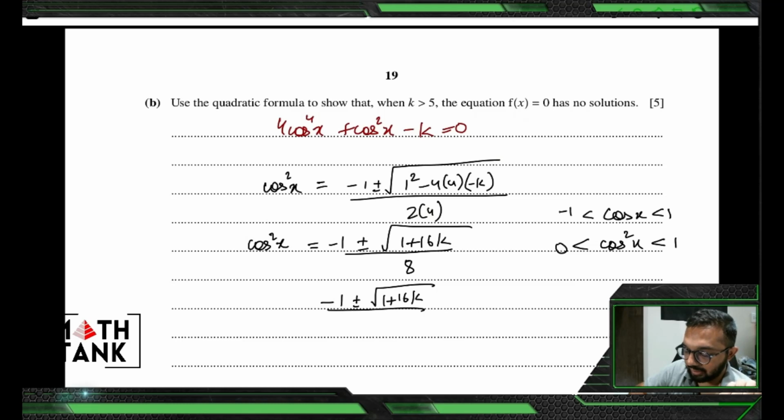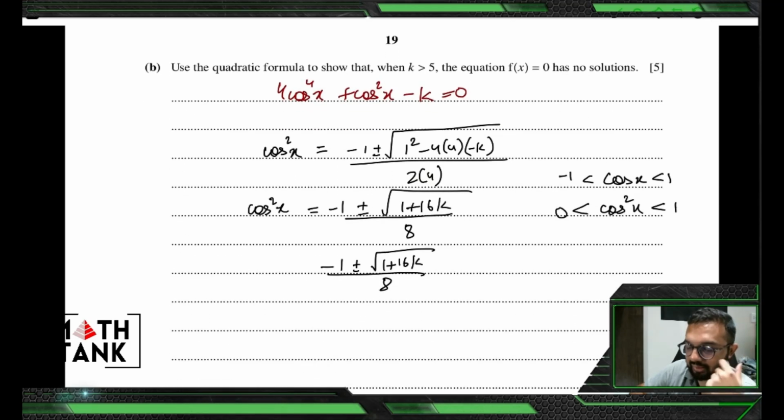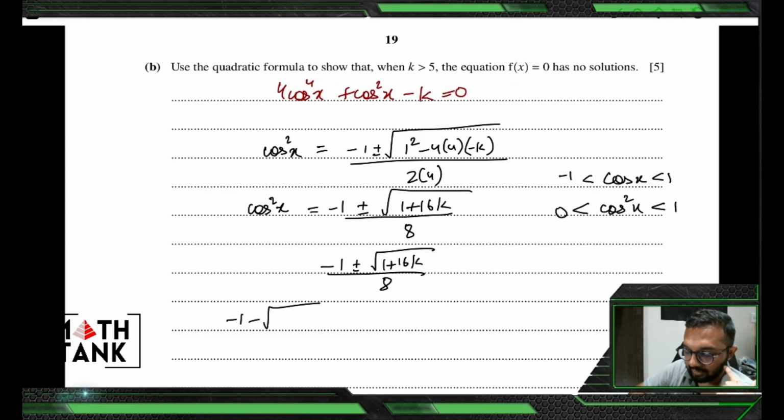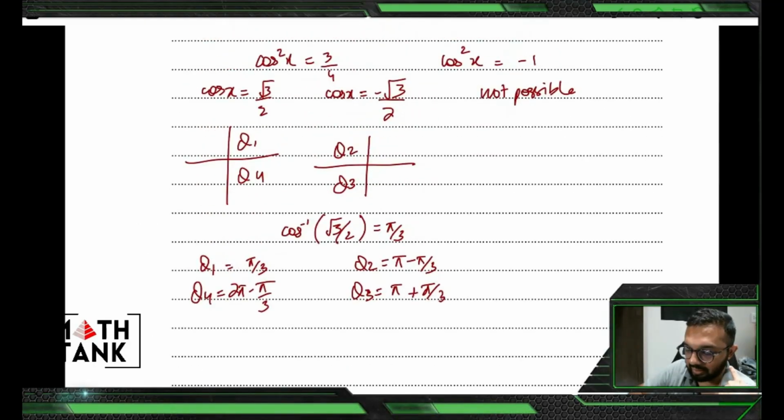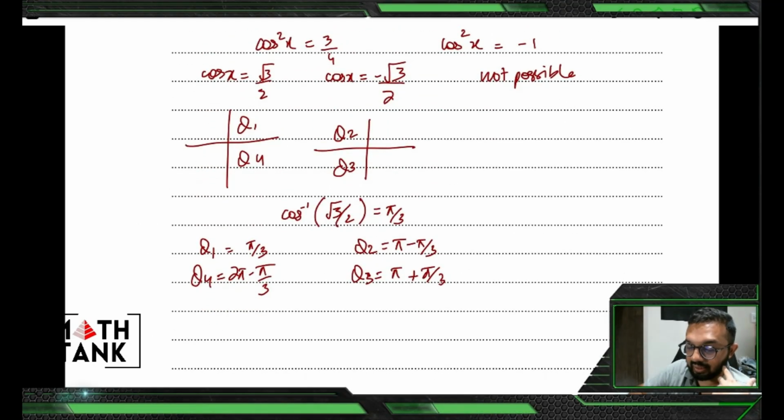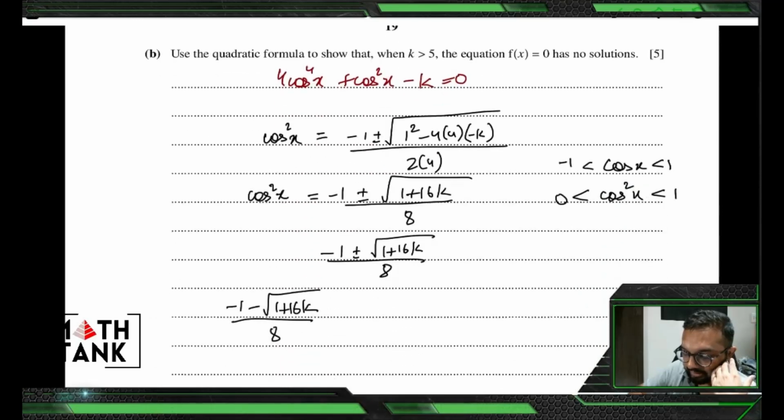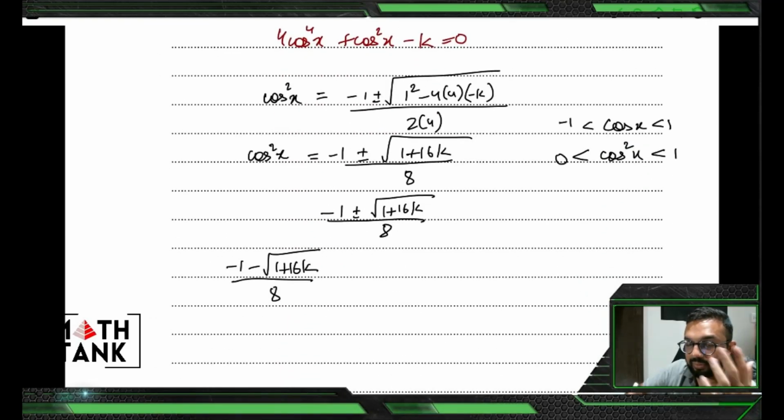Now the first thing that I would discard in this situation is this minus 1 minus root of 1 plus 16k. If you remember from the previous part, another number got discarded, and that was the number with a negative 1. Why? Because it's going to give me a very big negative number, and I know that I don't need a very big negative number in any case. If both those terms are negative, the entire thing would be negative and cos square x would be negative, so therefore this gets discarded. What I then have is this.